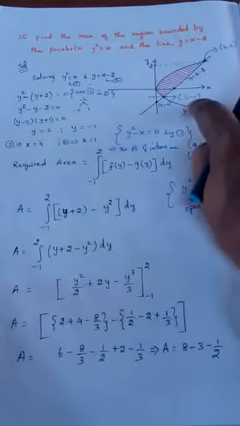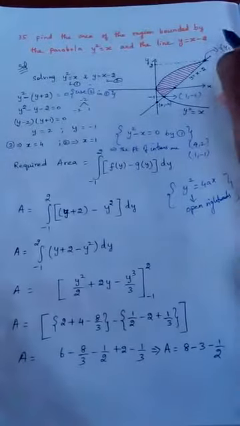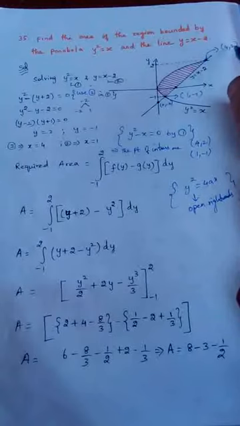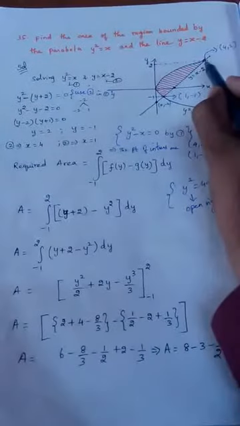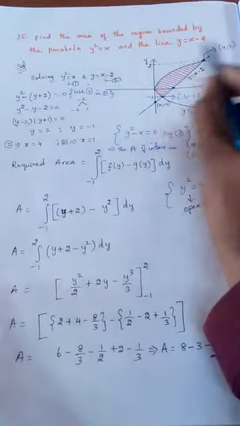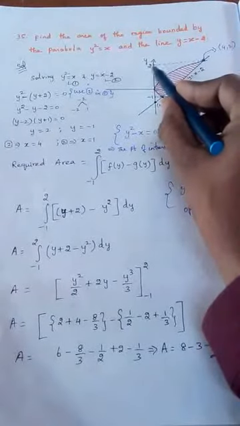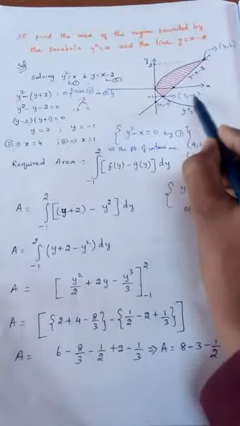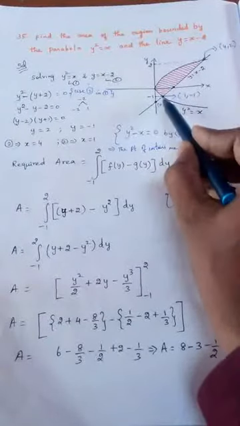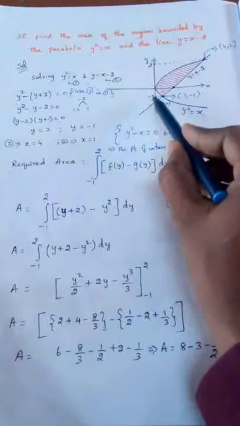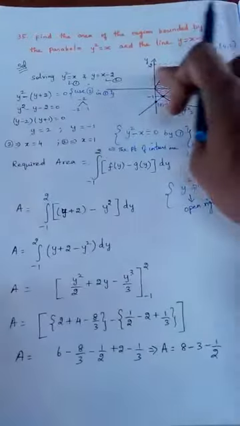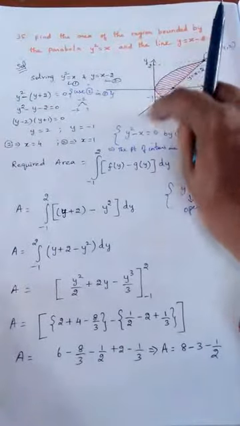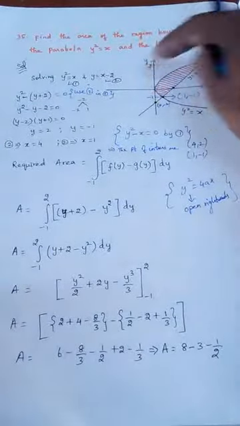From this I am going to take a few conditions. If you see this point (4, 2), what is the meaning of 2? Y value. So if I draw a straight line to the y axis, definitely this point will be 2. Similarly, this point we know (1, minus 1). What is minus 1? Y value. So if I take this to the y axis, here it will be minus 1. So for this diagram, I have found out the limit for y, minus 1 to 2.